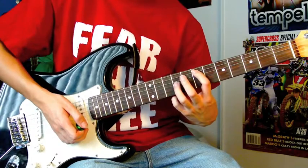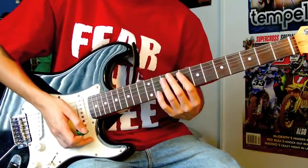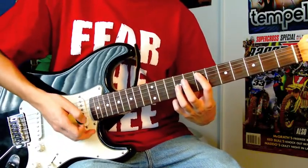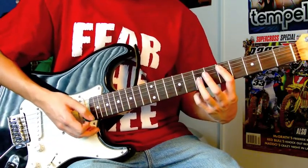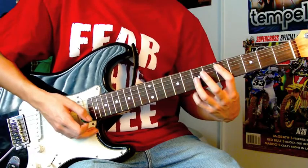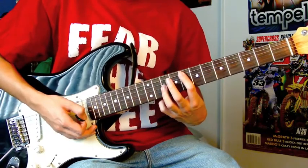Listen for durations. Usually this rhythm goes from a quarter note to eighth note to a quarter to an eighth to a quarter. So back and forth. And all those quarter notes, you're going to hit a vibrato. So you're going to take the 7 and the 9 down to a 5 and then 7, and then take that all the way up to 10 and a 12, then back down to a 5 and a 7, up to a 7 and a 9, back down to 5 and 7, up to 8 and 10,